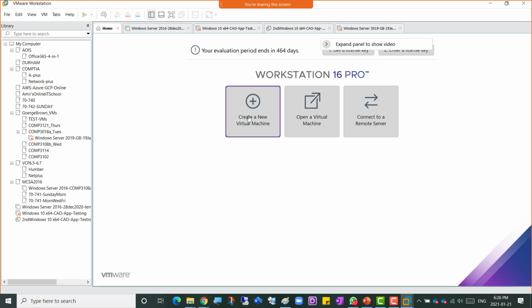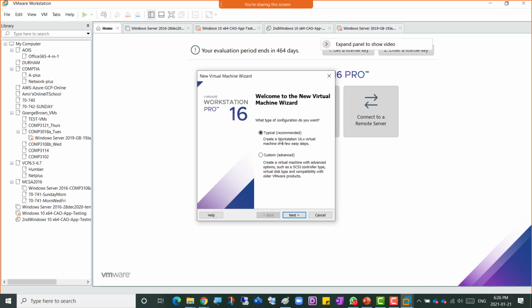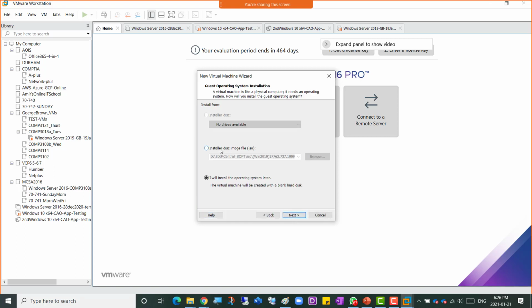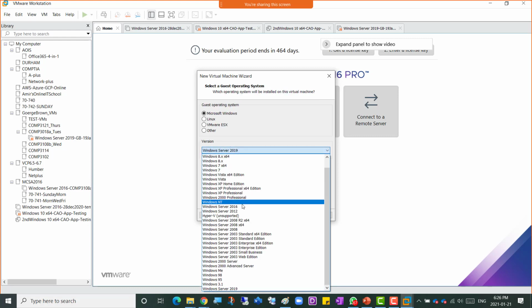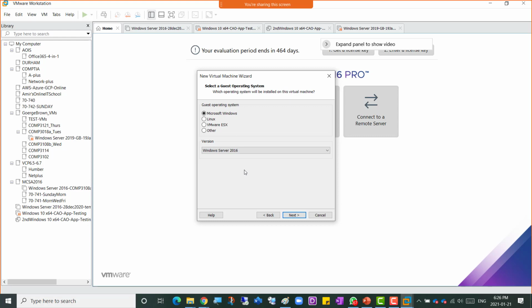create a new virtual machine with 16 GB RAM, and I'll stick to typical, and then I will install the operating system later, and I'll go down to 2016. If you're following and want to deploy 2019, it's exactly the same way as what I'm doing here, so no differences there. So 2016, next,